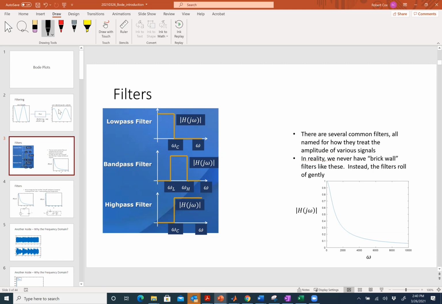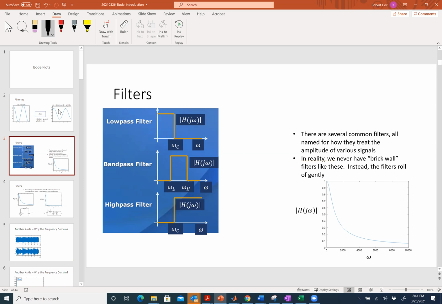Attenuating them. Now, these are ideal pictures, what I've shown here, right? These pictures, what I call brick walls, where what that low pass filter picture is trying to show is I pass everything below a certain frequency. And if frequency is above it, I don't get anything at all. That doesn't happen in the real world, okay? Instead, I make everything after the cutoff frequency smaller. I attenuate it. And then that middle guy I have is something we'll talk about too,